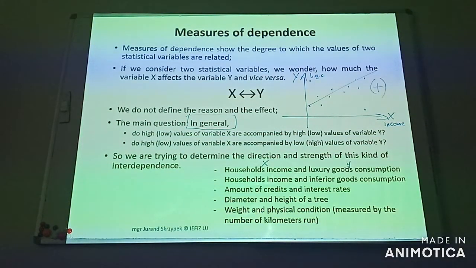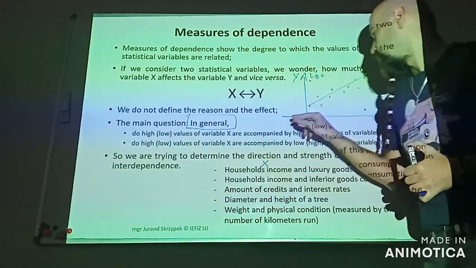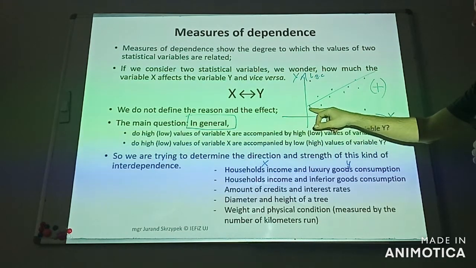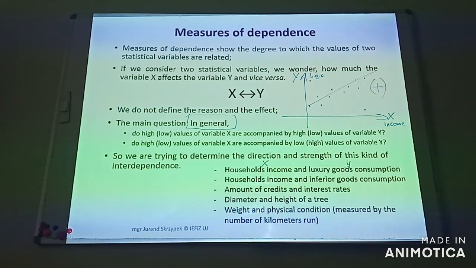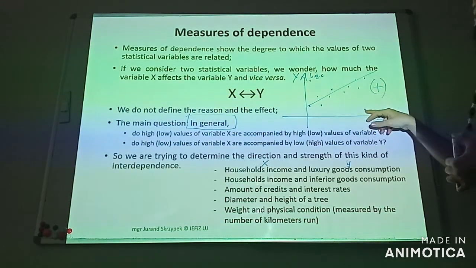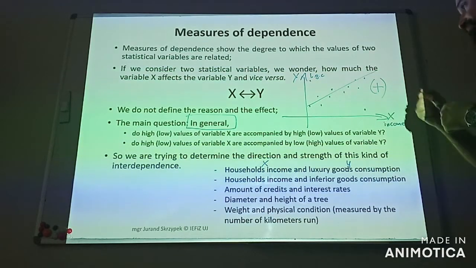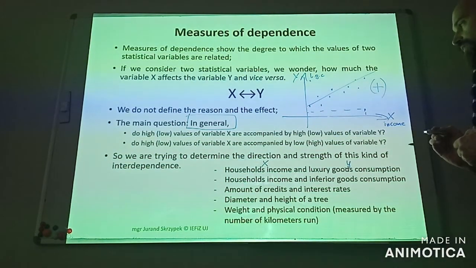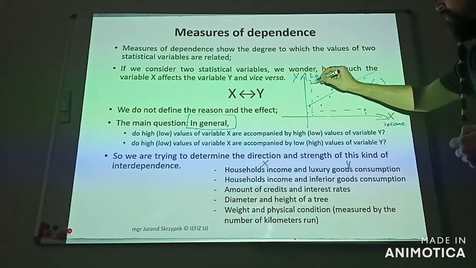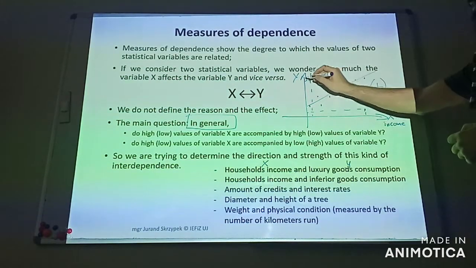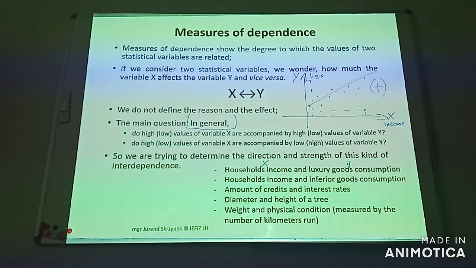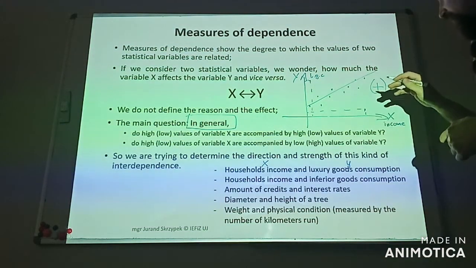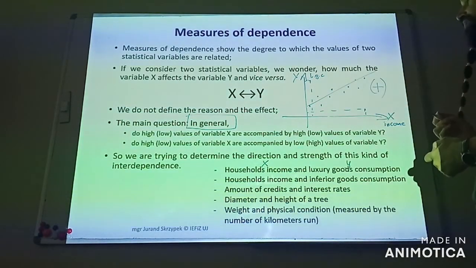Yeah, so this kind of interrelationship is positive. In other words, low values of income are accompanied by low values of luxury goods consumption. Of course, in general, because we also observe abnormal observations, in which we have a high value of variable x and a low value of variable y, or a low value of income and a high value of luxury goods consumption. Abnormal situation, but the general trend, the general phenomenon shows us a positive interrelationship